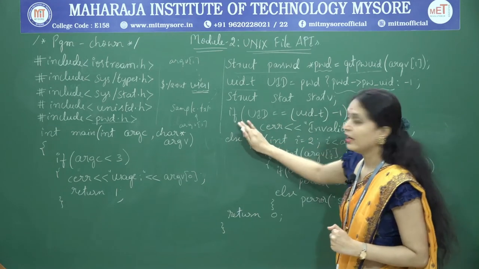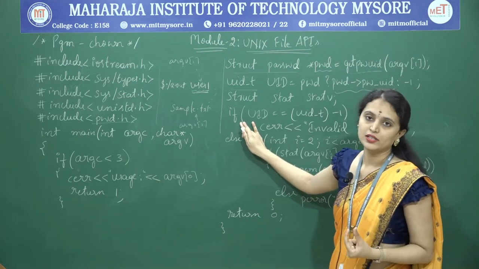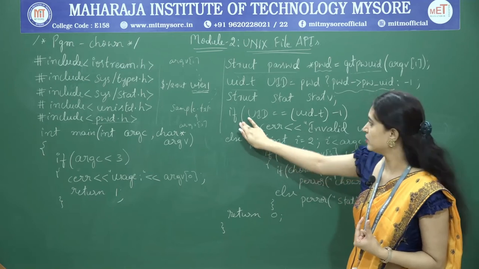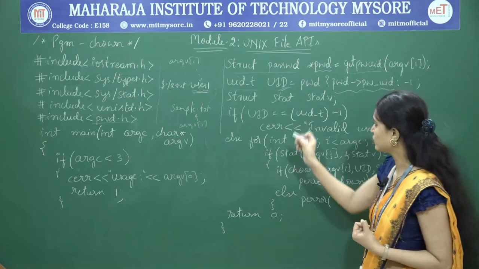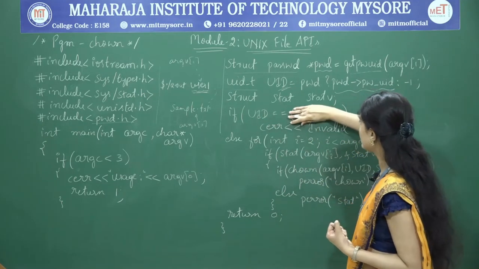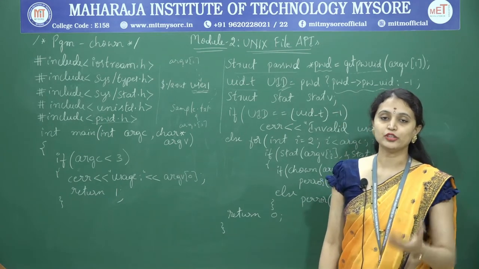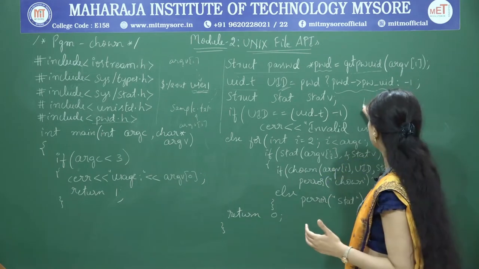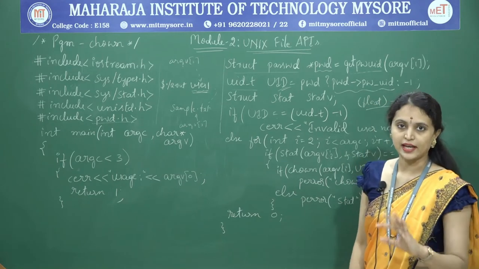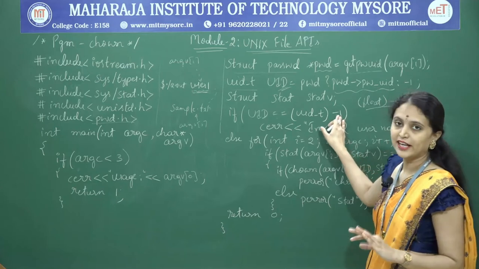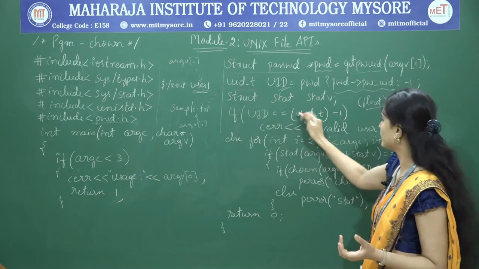Next, I am checking whether the user ID is valid or not. Right now the user ID of the given username will be stored in the variable UID, so I am checking the condition UID double equals -1. Actually -1 is an integer. Suppose I have to convert -1 to float, I will do typecasting, right? In the same way this integer is typecasted to the user ID type, that means uid_t. That's what I am doing here.